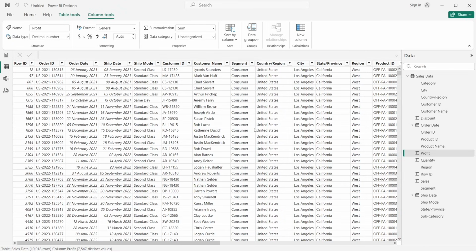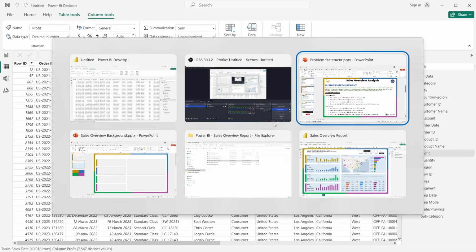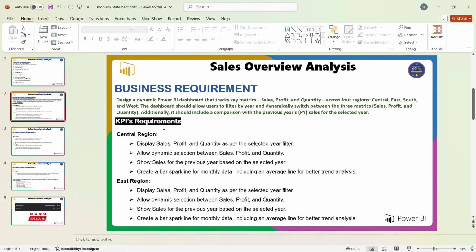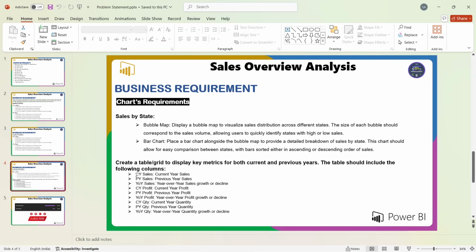All right. So now we have brought in the data. Next, we will create a calendar table or a date table, and then we will do data modeling. Why are we going to create a date table or a calendar table here? In the requirement itself, as we said, we are going to deal with previous year sales and current year sales. Mainly in the grid view here, we want all the quantities with respect to dates, right? So when I say current year sales, don't get confused that we are looking for 2024 sales. Obviously, the meaning will be the same, but in our project, the current year sales will be